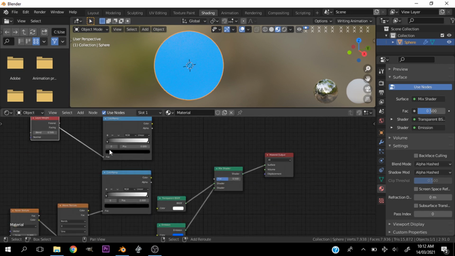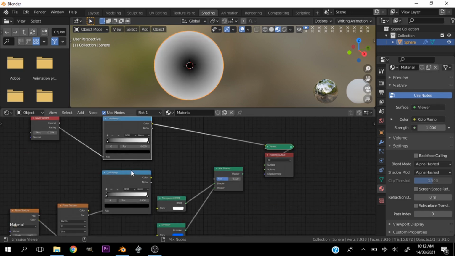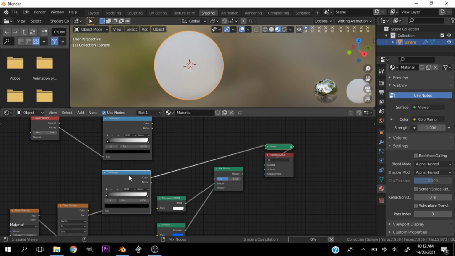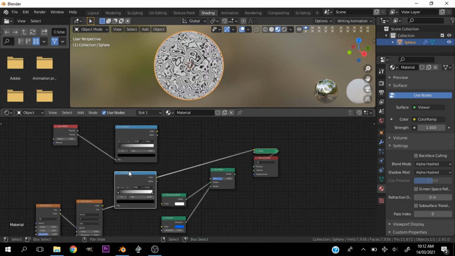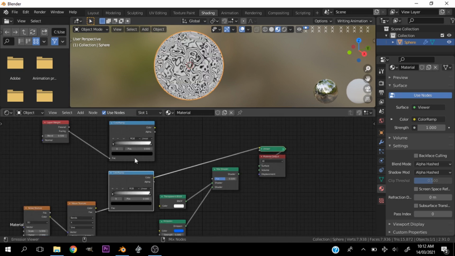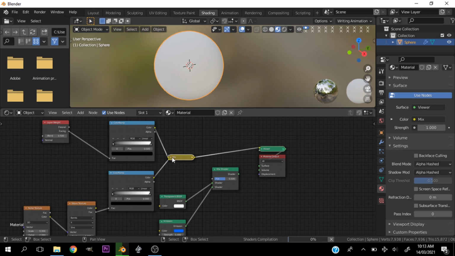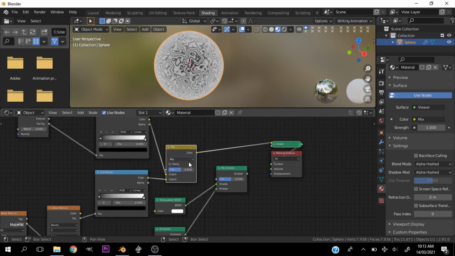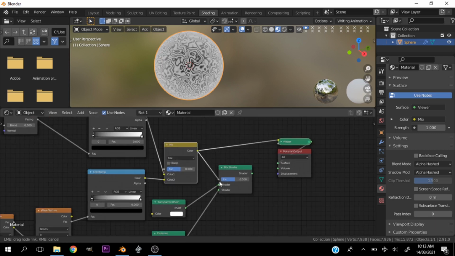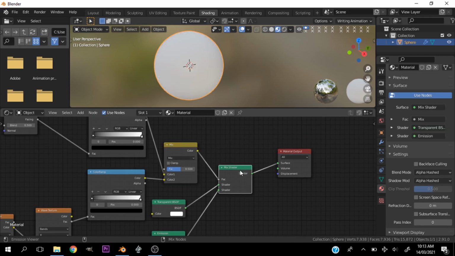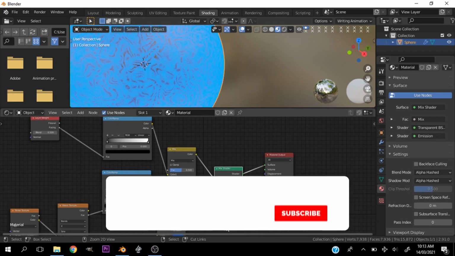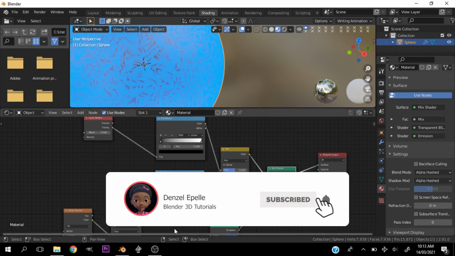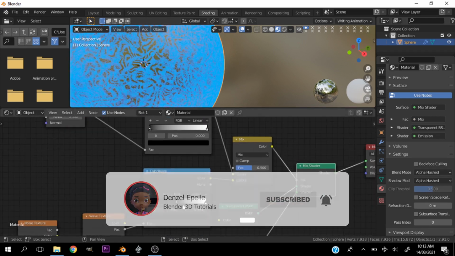All right, now let's hold Control Shift and view this. Okay, that looks nice. Let's hit Control Shift and right mouse drag to add a mix node with these two, and let's use the color as the factor here. All right, let's see how that looks. It looks nice. So now what we're going to want to affect is how, just use the color ramp